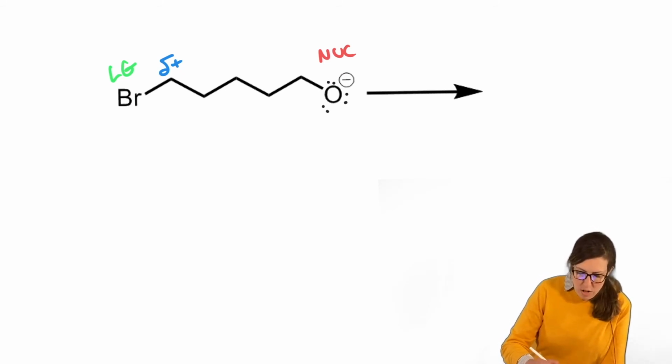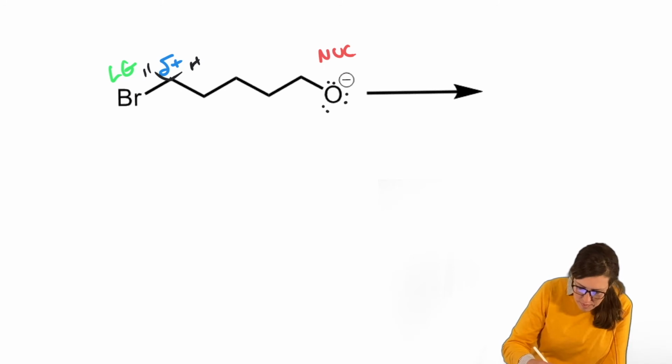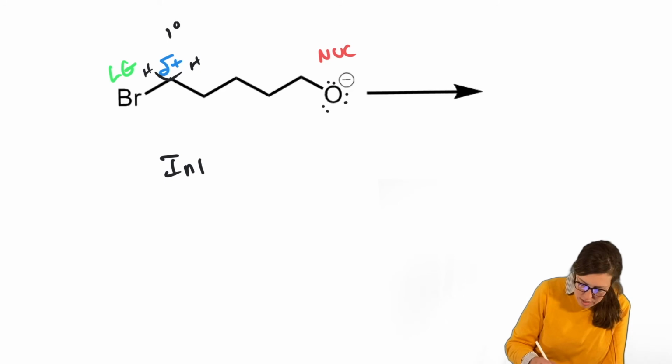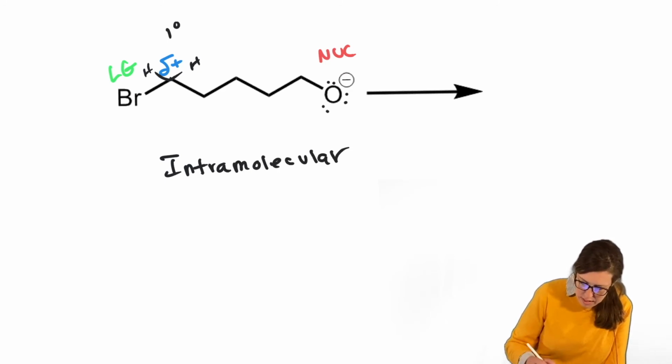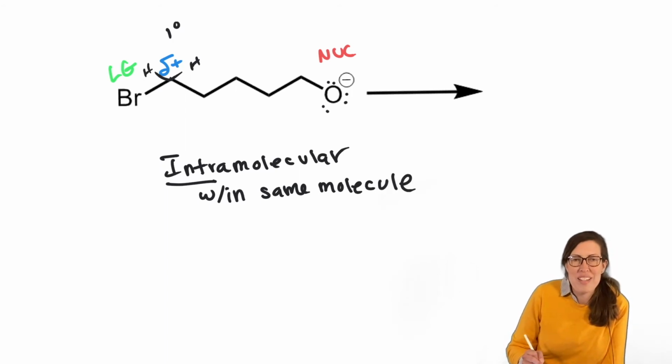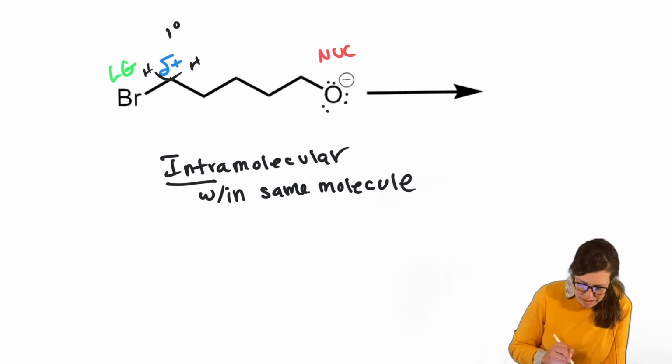We can look at it and draw on our H's now. And say, okay, it's only got one other carbon attached, it's primary. It can do an SN2. In fact, it does an intramolecular SN2. Intramolecular. Okay. Intra means within the same molecule. Molecule reacts with itself. It has a leaving group substrate, sort of electrophilic tail, and a nucleophilic head. So it comes back and basically bites itself and forms a ring.